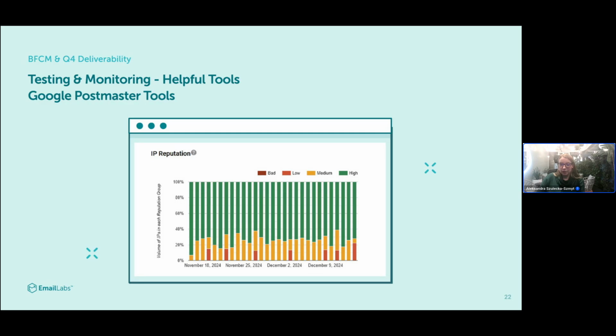Then you can monitor your IP or domain reputation, maybe not in real time because the data can be 48 hours late, but still. IP reputation, domain reputation, and also spam complaints, so the spam rate from Gmail inboxes.